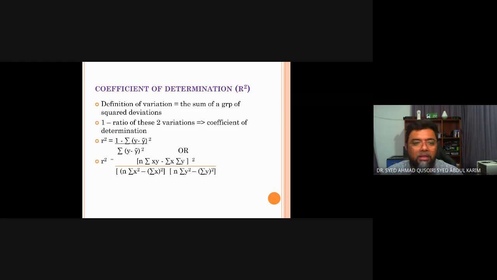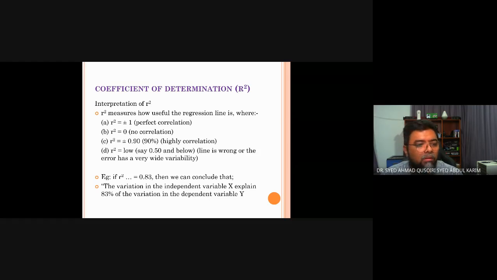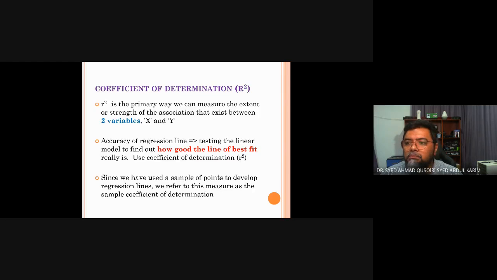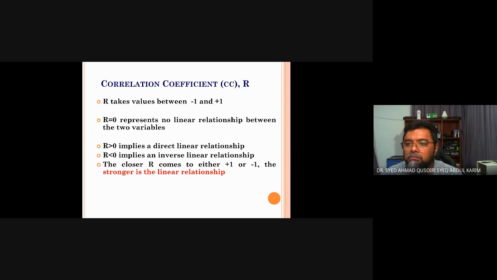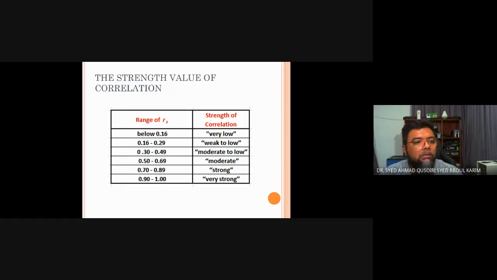We will not get into this, this is more for postgraduate students. From all those calculations, which we can actually do by using a statistical package, SPSS,